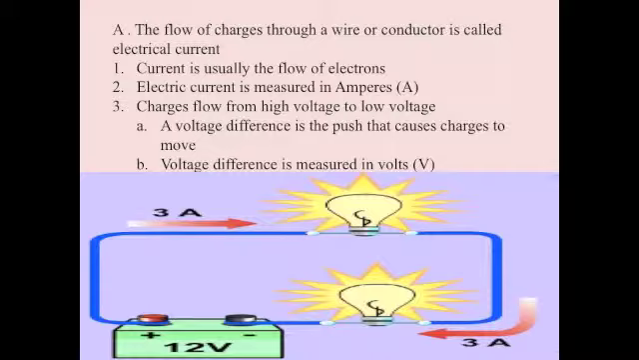We already talked about static electricity. Now let's take a look at electric current, one with which you're probably more familiar. Electric current is the flow of charges through a wire or conductor. Current is usually the flow of electrons. Think electrons, electricity. And this electric current is measured in amps, symbolized by an A. Charges flow from high voltage to low voltage, and a voltage difference is the push that causes charges to move. This voltage difference is measured in